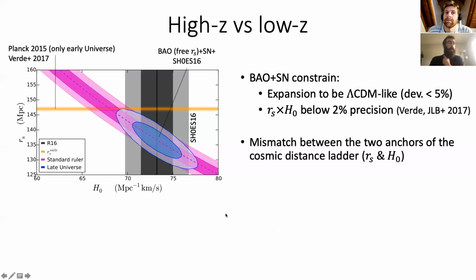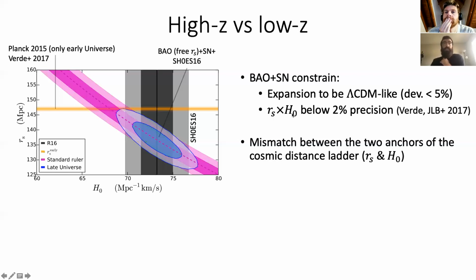So here I'm showing all independent results, both experimentally and theoretically. I'm showing in orange the marginalized constraints of the sound horizon at radiation drag from Planck 2015, from an analysis that only assumes pre-recombination physics. So it's completely independent of what happens at late times. As I said, the measurement from SNe is independent of any cosmological model. And this magenta band is the constraint that we obtain of the product of the sound horizon at